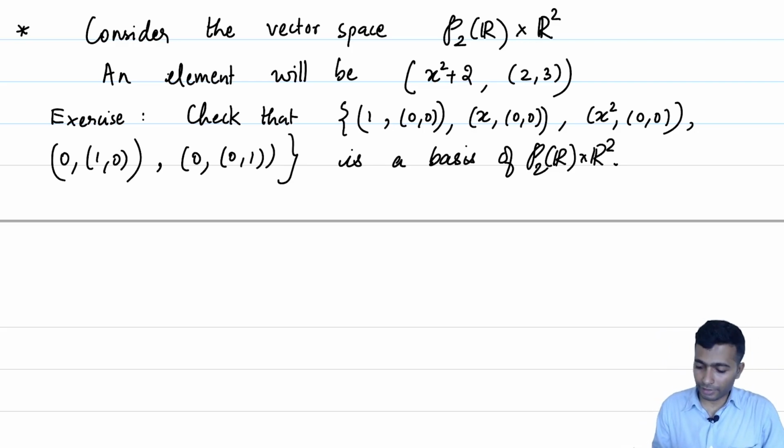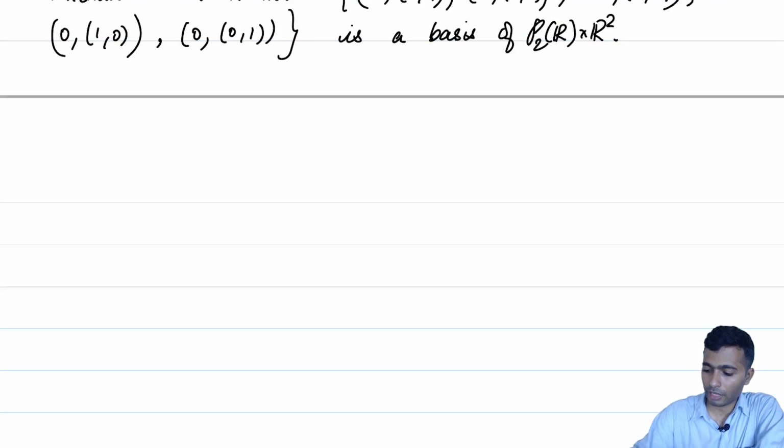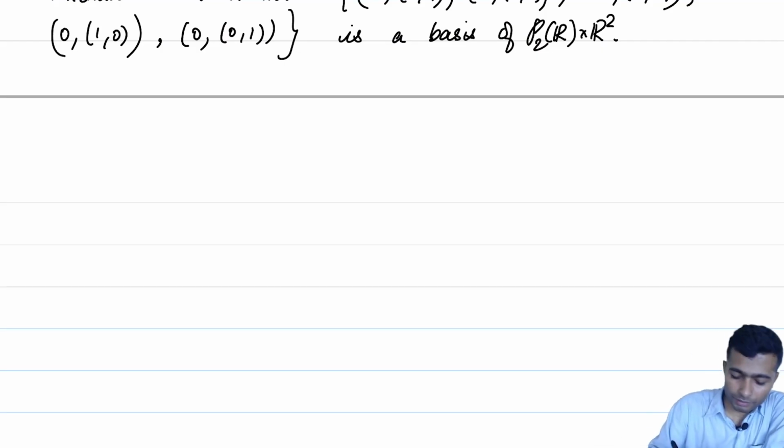No surprises here. We know that 1, x, x square is the basis of P2 of R, and we also know that (1, 0) and (0, 1) is the basis of R2, and we have used that information to conjecture that this will be a basis. Of course, it is an exercise for you to check that it is indeed a basis. It does span and is indeed linearly independent. Again, if you closely observe, dimension of P2 of R is 3. We have used the basis of P2 of R and the basis of R2 to obtain a new basis. So, that leads us to conjecture the following proposition, namely that if you have V1, V2 up to Vn,